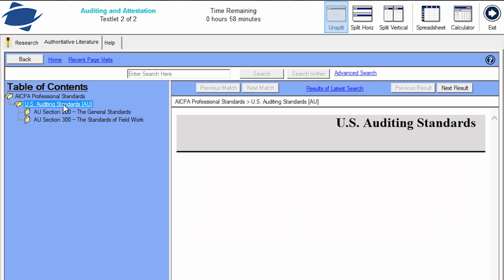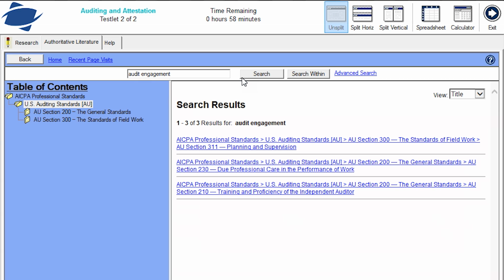In this case, we will focus on the description of an audit engagement for PJ Wholesale Inc. It is not stipulated that PJ Wholesale Inc. is an issuer, so we cannot assume that it will fall under the auditing standards of the PCAOB. We will, therefore, limit our search to the U.S. auditing standards. Use the Search Within function to find specific instances of keywords within each subsection, such as supervision and